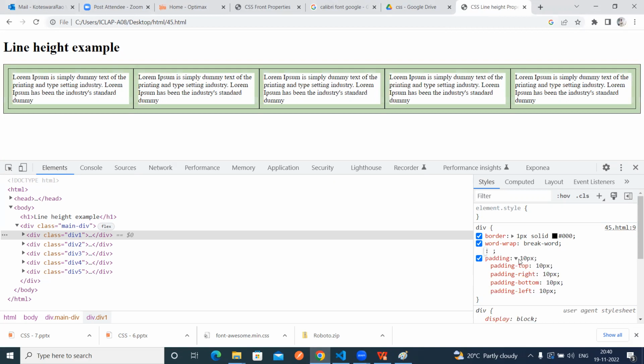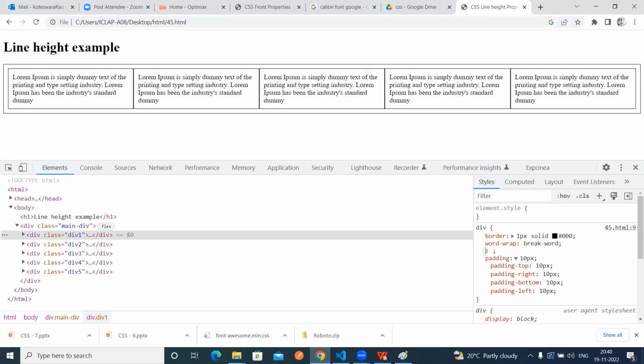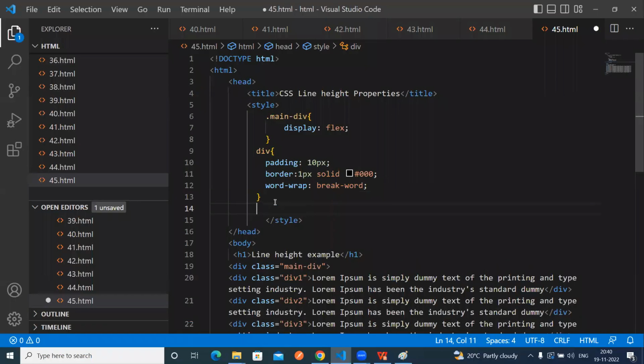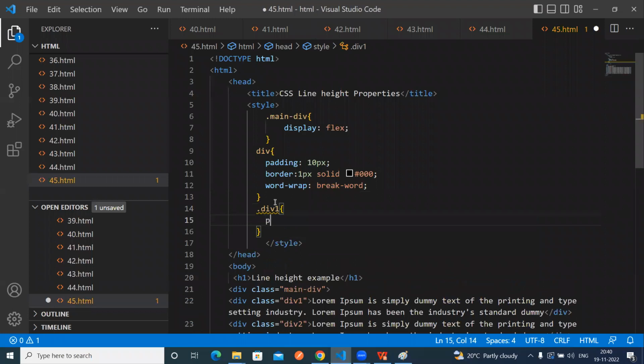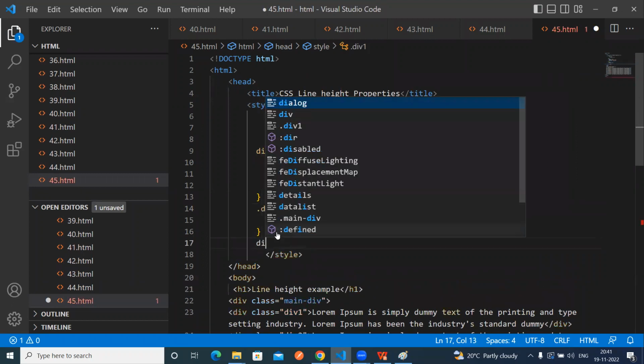For suppose, we have different divs, right? So now I am creating div1 padding, with all sides equal for div1. Okay. So div2, give